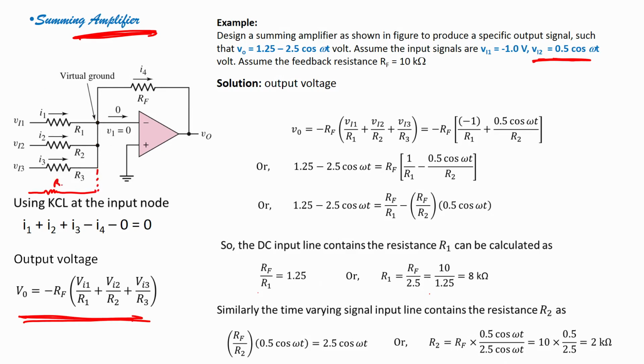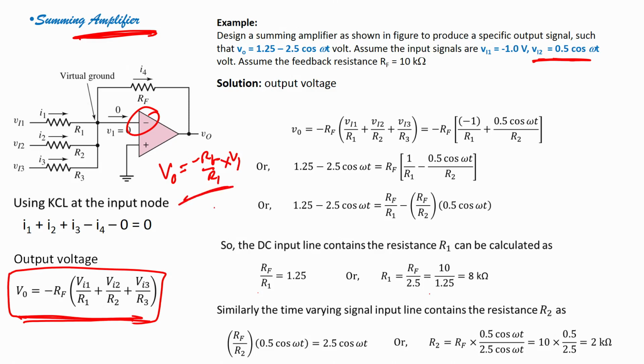This is R n, I n, V I n, n times. The point is that the formula is very easy. VO equals the feedback resistor Rf, since it is inverting, so minus Rf by R1, as we have seen. VO equals minus Rf by R1 into V1, this is the inverting amplifier.